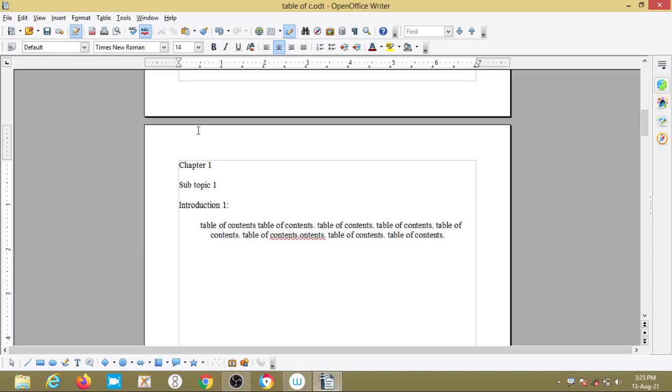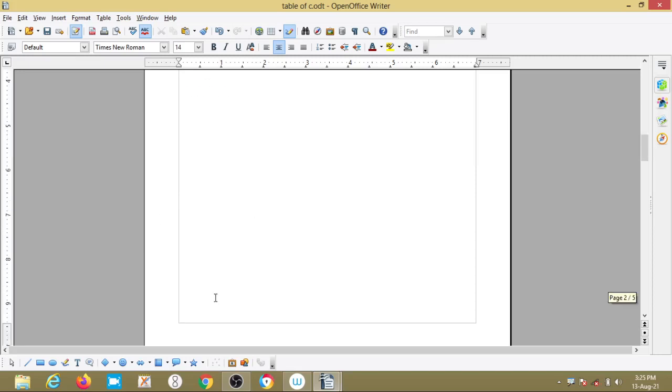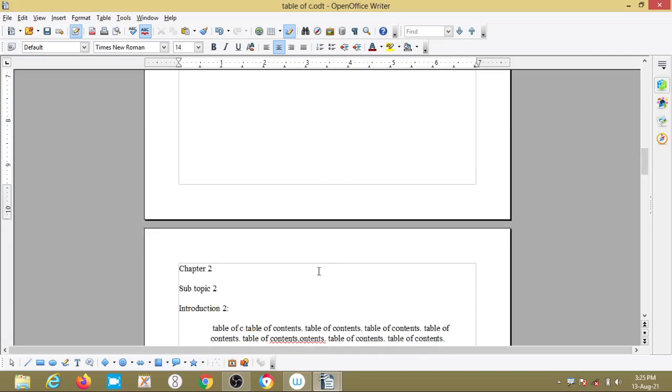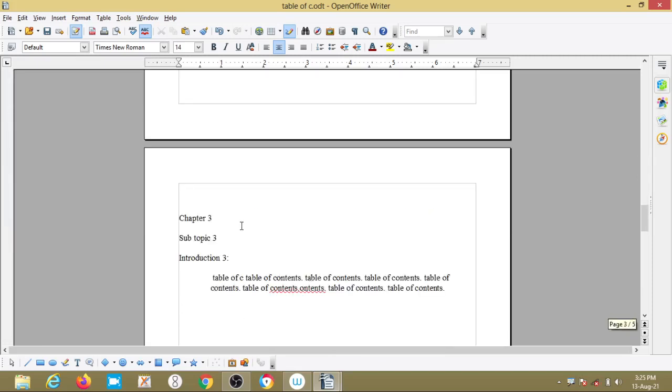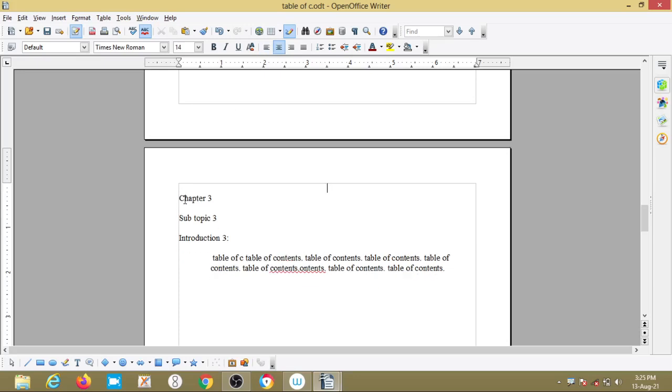So copy this one fully, then go to the next page and paste it. Change the chapter name, topics and introduction, and copy and paste again, and here I am giving chapter 3.